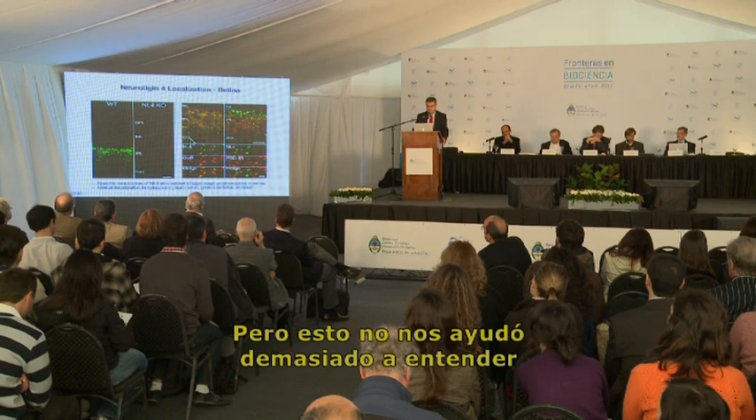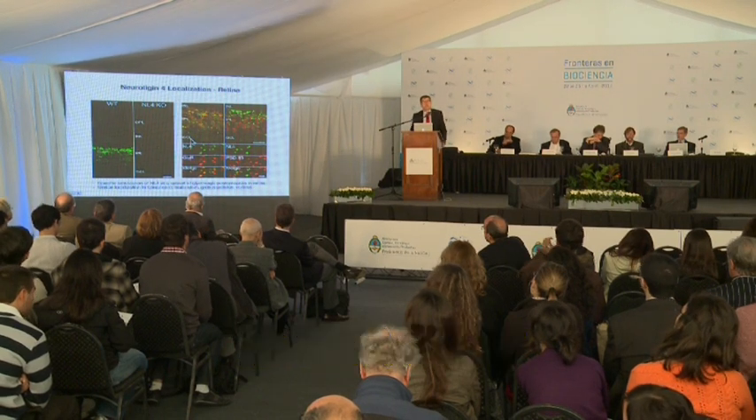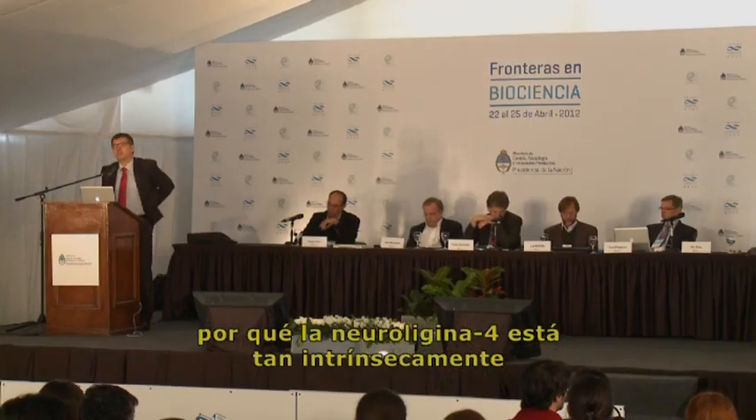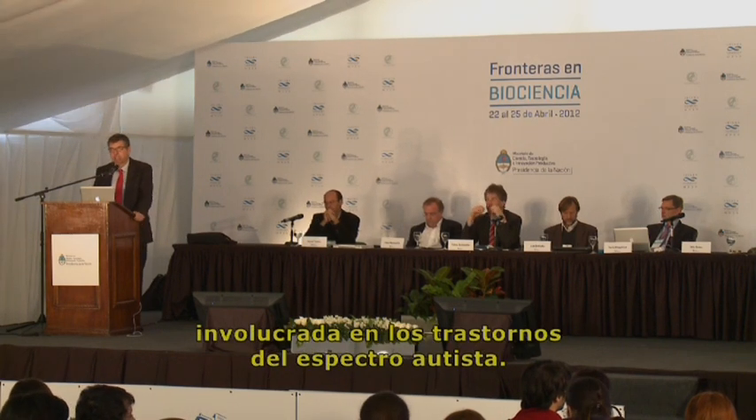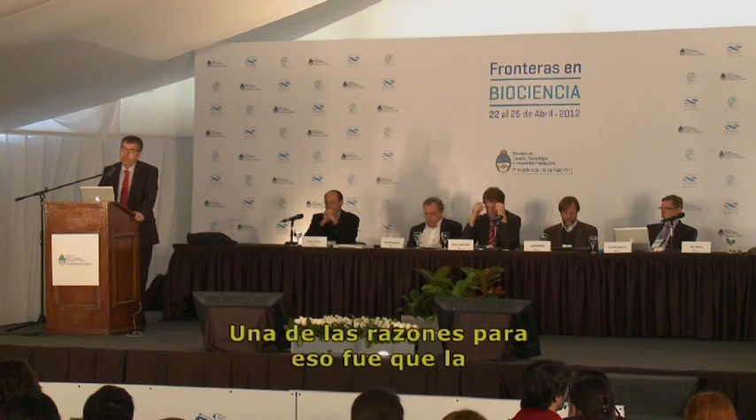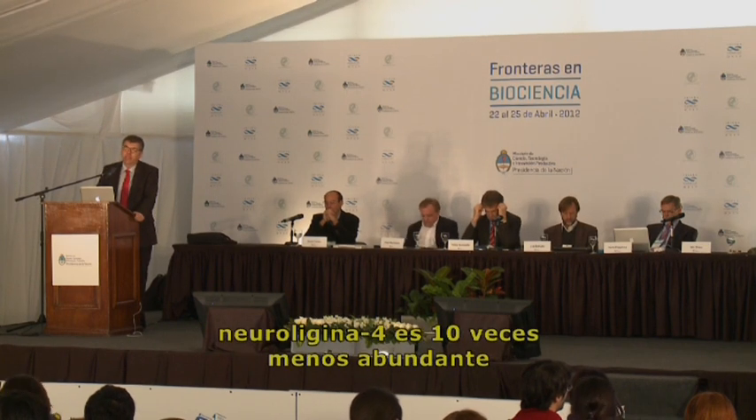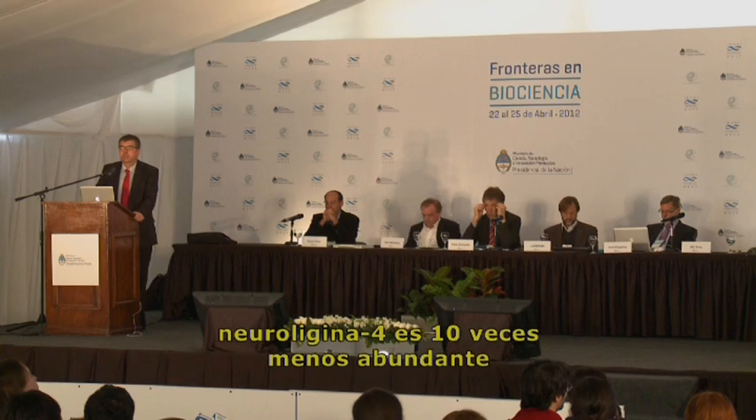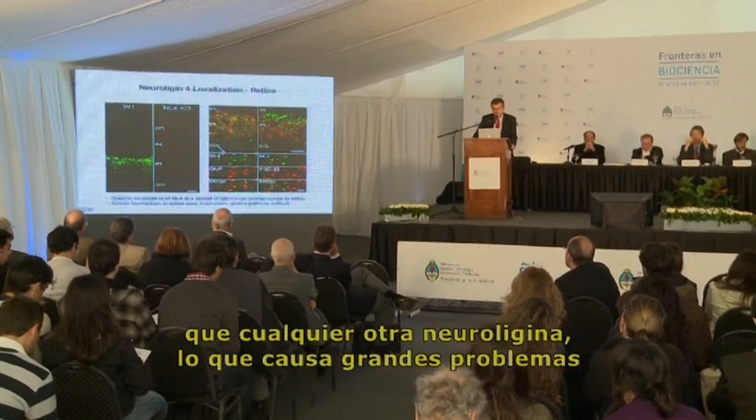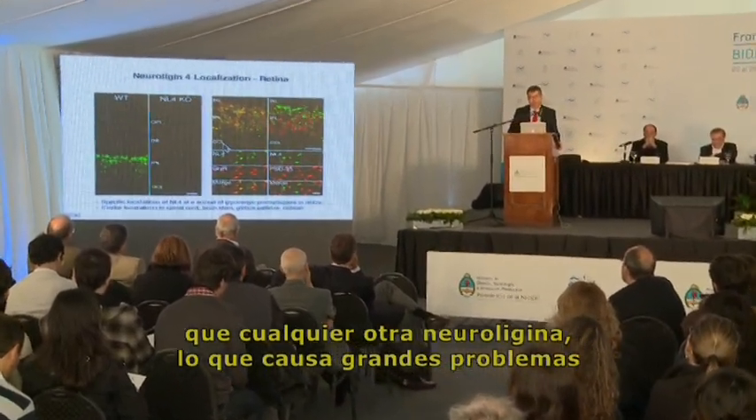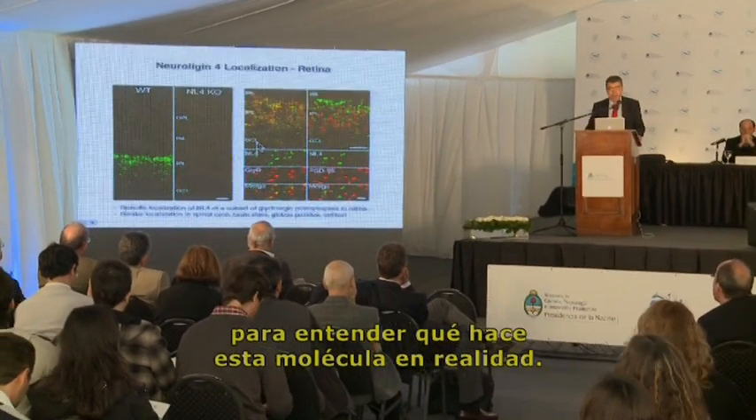But this hasn't really helped us much in understanding why neuroligin-4 is so intrinsically and fascinatingly involved in autism spectrum disorders. One reason for that is that neuroligin-4 is among the neuroligins the least abundant. It's about 10 times less abundant than any other neuroligin, which has caused us major problems in really understanding what